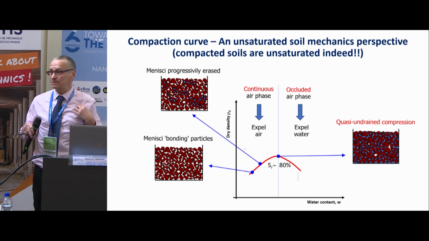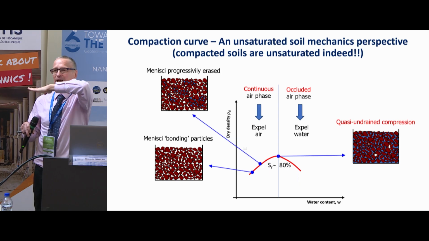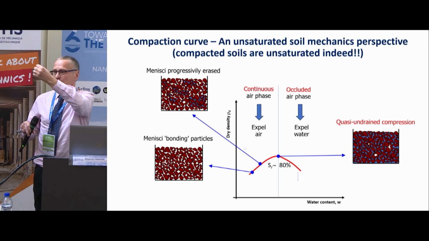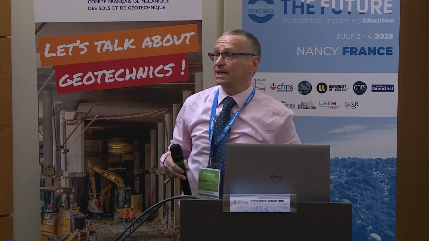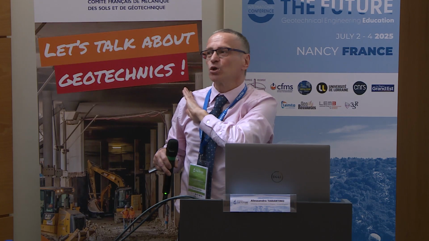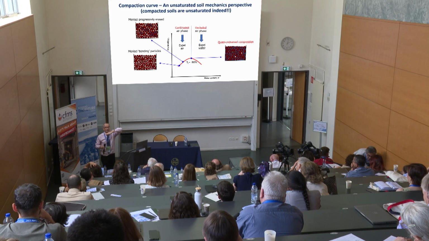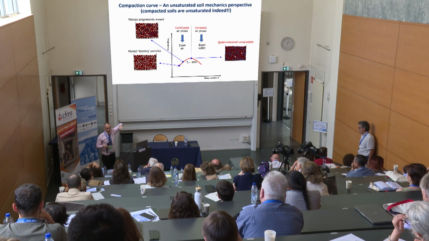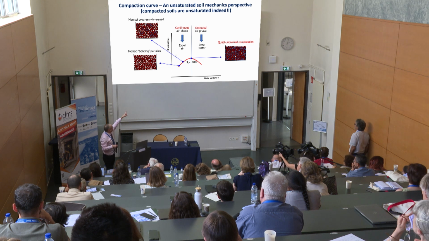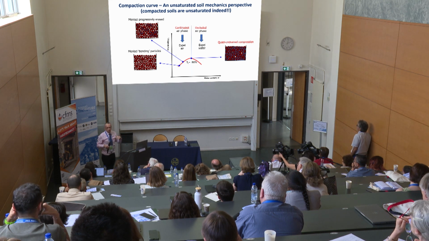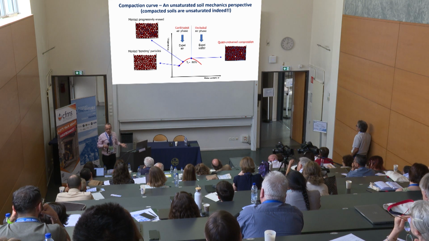This is what we do in the lab. Dynamic compaction is a sort of bearing capacity, so you are not applying the load on the entire surface. You are applying the load centrally, and then you have the soil bulging like in bearing capacity. But, for example, the wet branch cannot be achieved if you are doing it like in the oedometer. If you are compacting statically by applying a uniform stress, the wet branch does not exist, because you cannot compress, so you go horizontal.